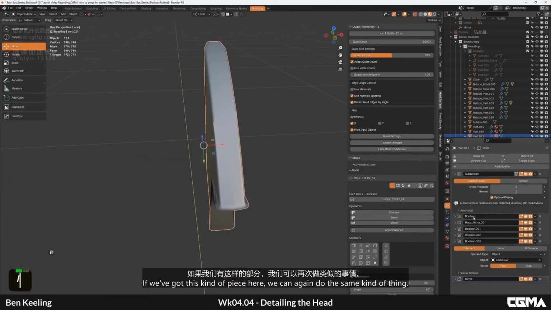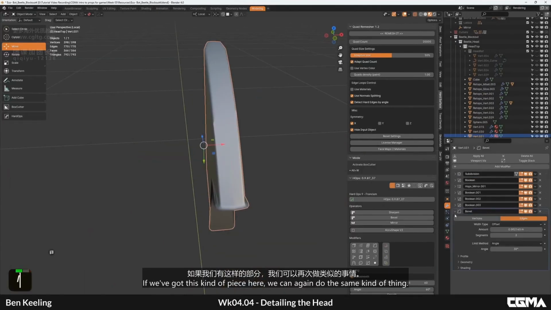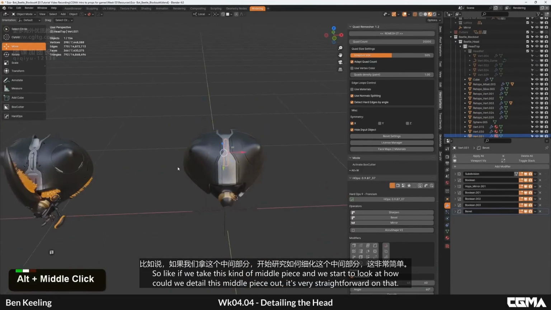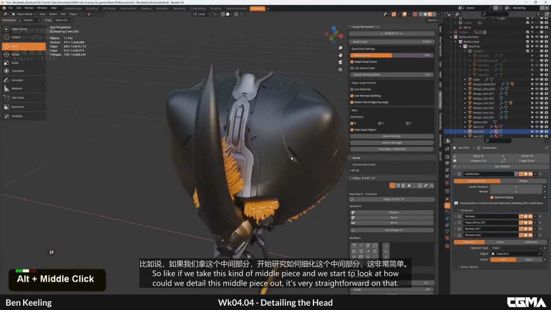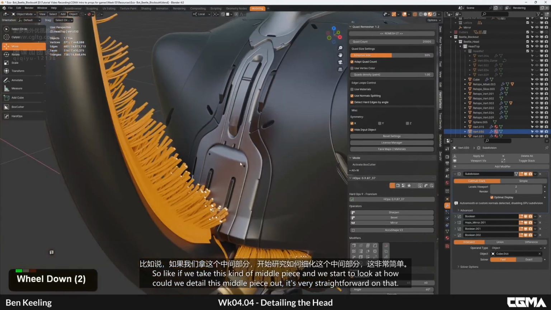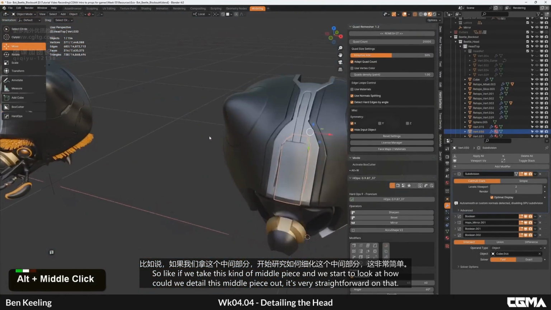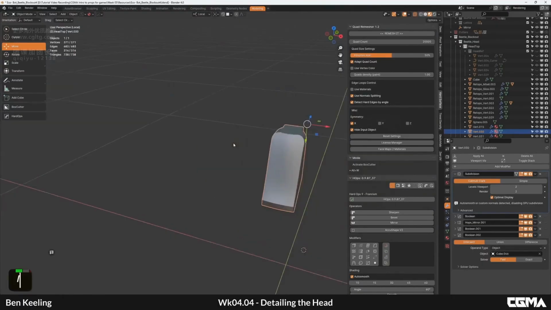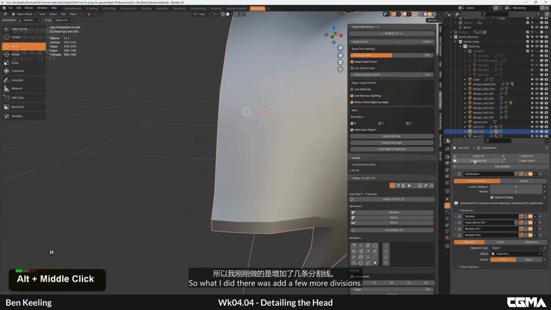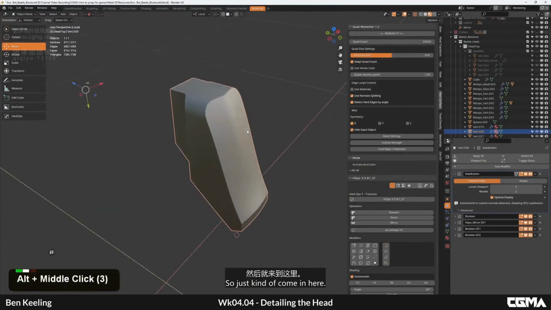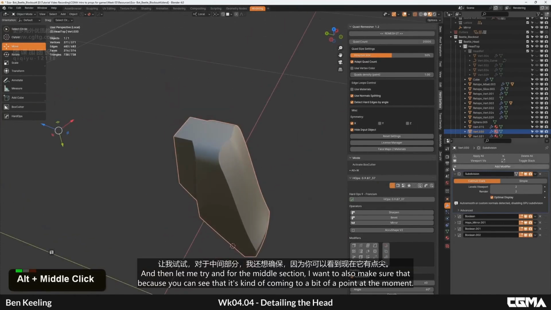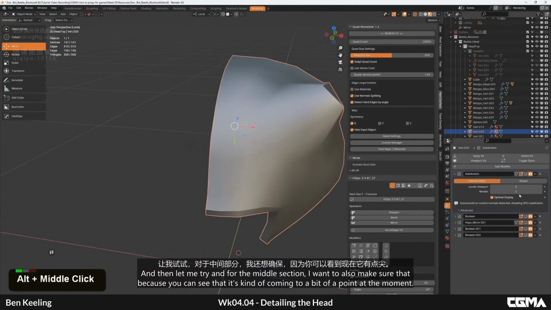If we've got this piece here, we can again do the same kind of thing. So if we take this middle piece and look at how we could detail it out, it's very straightforward. What I did there was add a few more divisions. So just come in here, and for the middle section, I also want to make sure